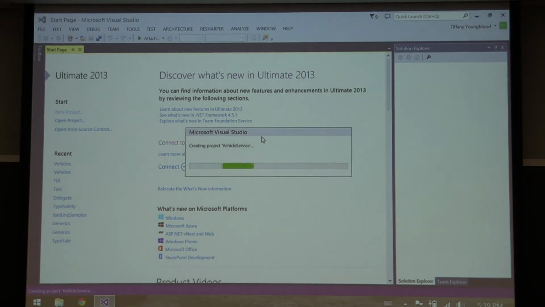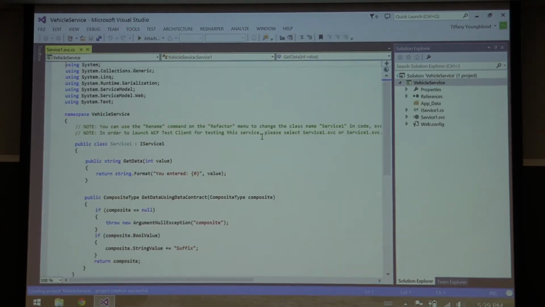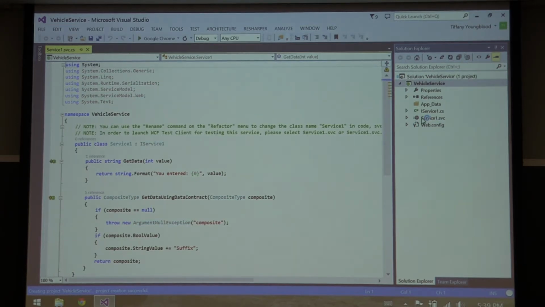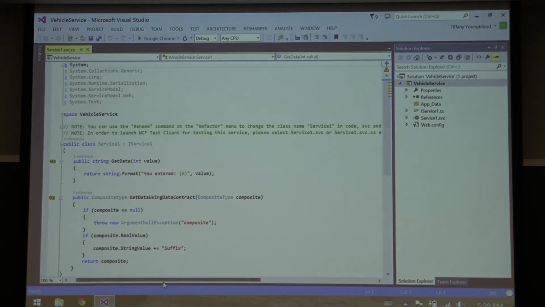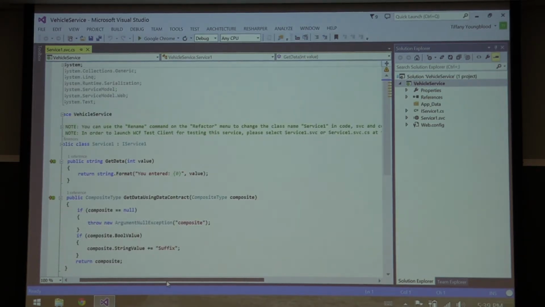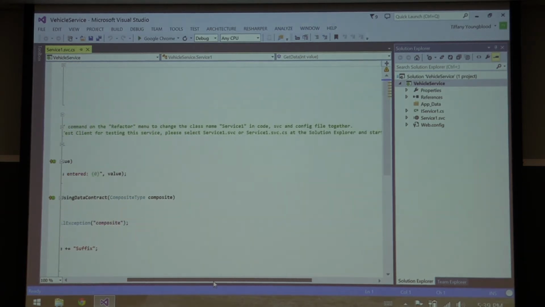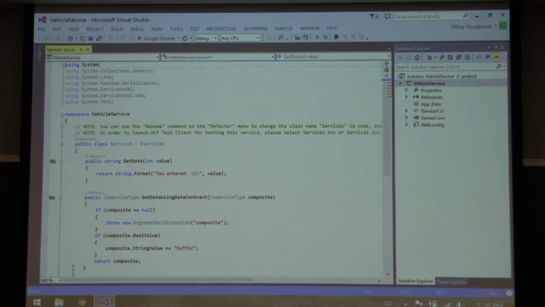And as always, when we're using those templates, it's going to add some default information for us. And one of the things it's going to add is this iService, and we're going to rename it. And they give you a nice little note. It says you can use the rename command to refactor the menu to change the name of service 1. So if we want to call it something else,